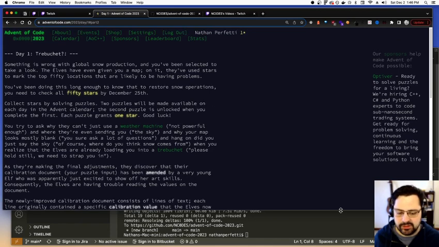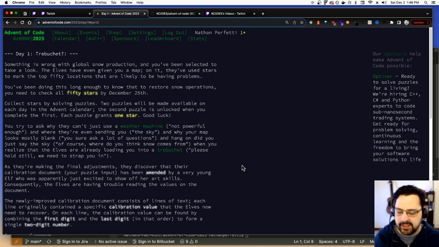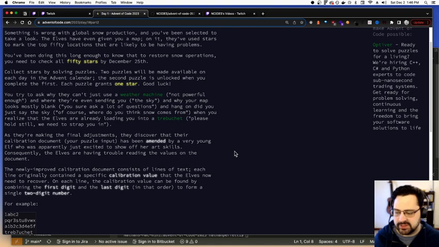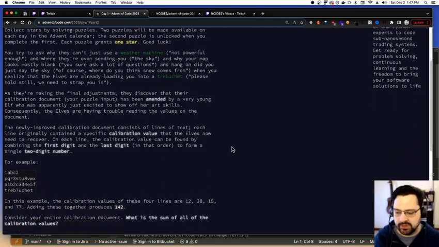So just to give the play-by-play from yesterday. Essentially, the theme for this year is that throughout the month of December we're trying to solve a problem with global snow production, and Santa and his elves have enlisted us to find that solution. Each day, Advent of Code presents us with a smaller problem. Yesterday, on the first day, the elves were launching us into the stratosphere using a trebuchet, but there was a problem with their